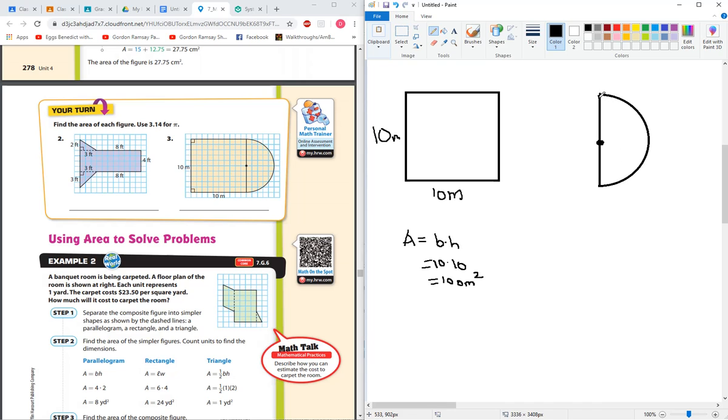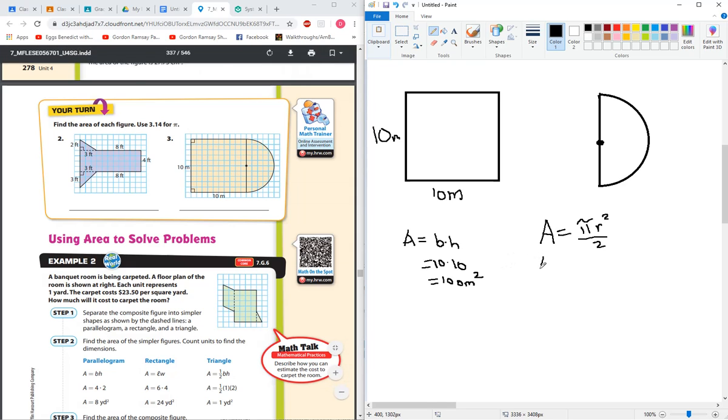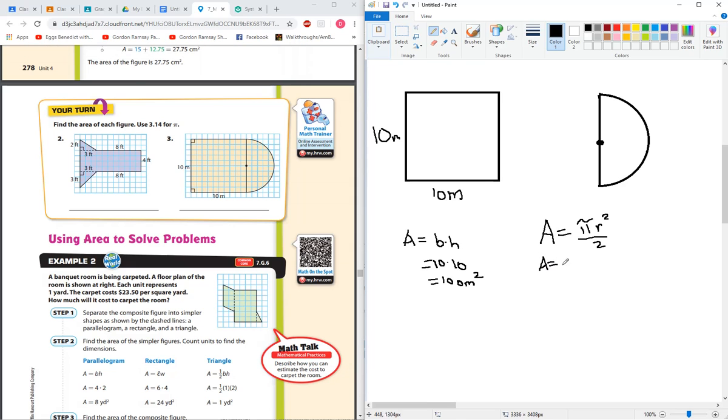So if you could probably guess, the area is just going to be the regular circle and then divide by 2. So if you remember, the area of a circle is pi times radius to the power of 2. But remember, we're just going to divide by 2 because we only have half the circle. So for pi, they said use 3.14. So A is equal to